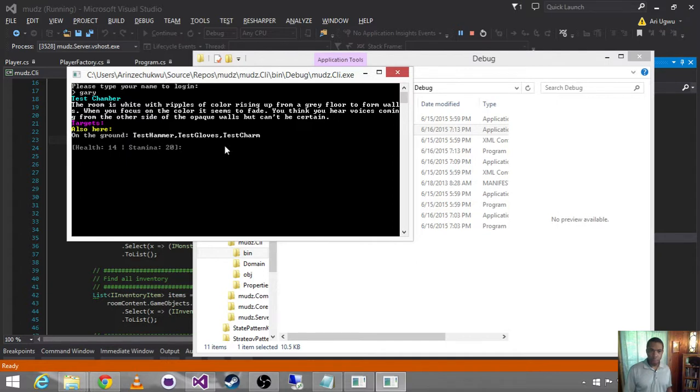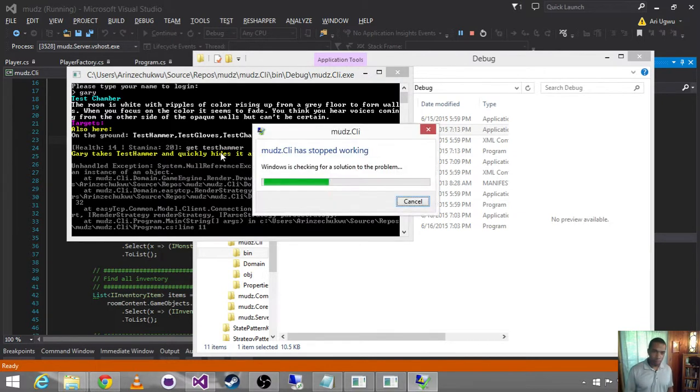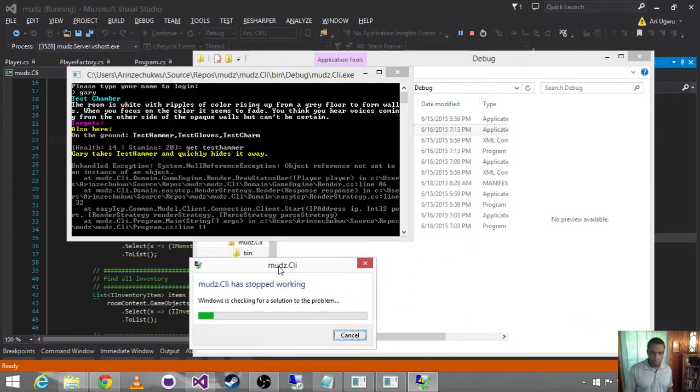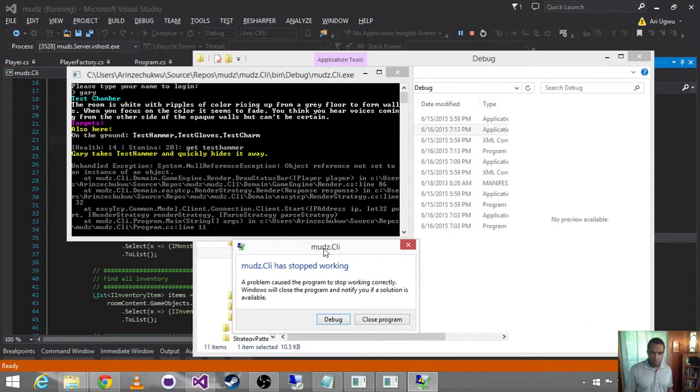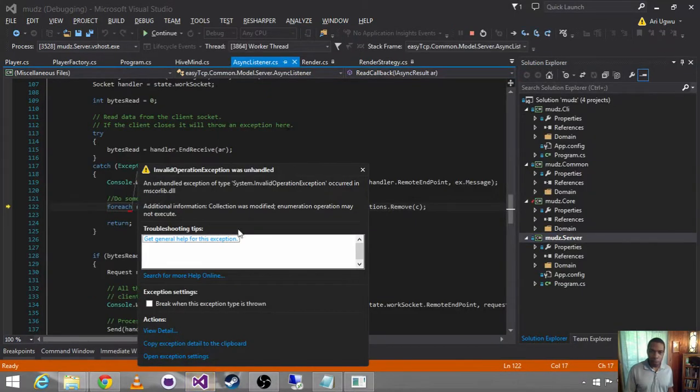Alright, so when we're here, we just want to get a closer look at where that exception gets thrown. And apologies, I thought it was in the server, but it's actually in the drawing of the status bar. So let's flip that around real fast.